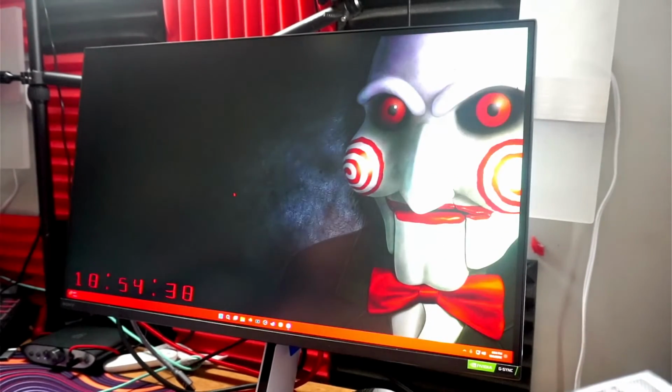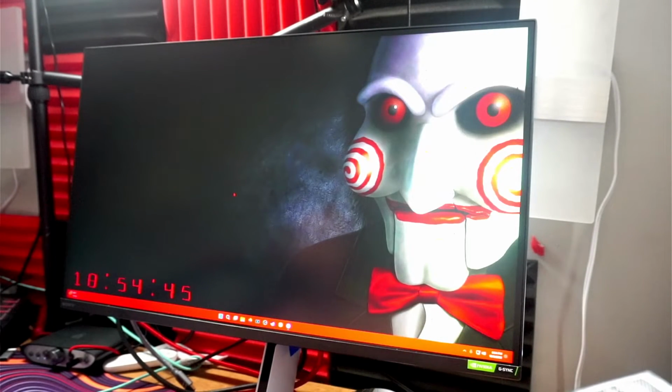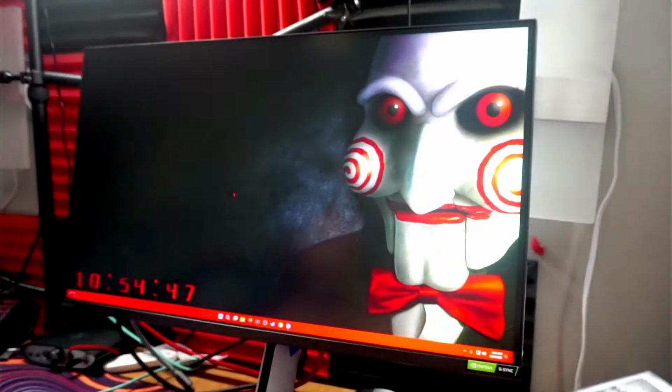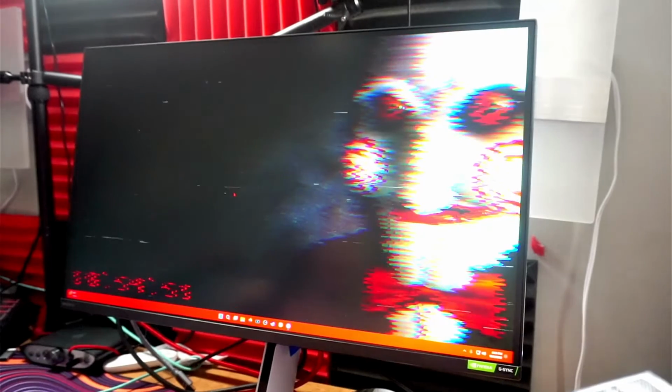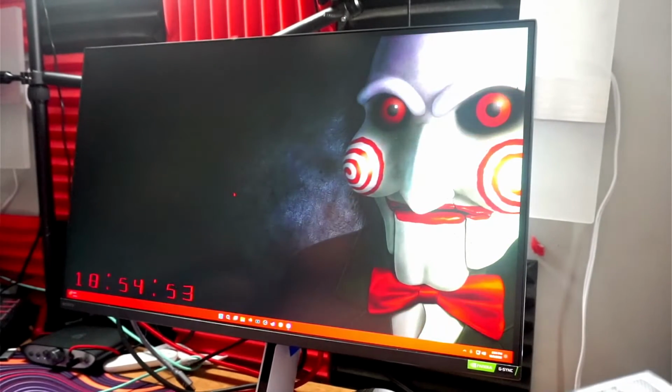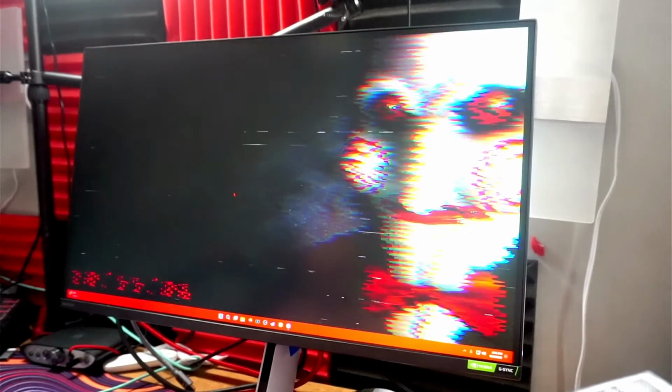But it does have some issues. And I think that these issues, in my opinion, make it not worth the $900 that they're asking. So the first issue is, I understand it's only 96 zones for the full array backlighting, but at $900, that's currently $200 less than the G7 Odyssey Neo, and in my opinion,